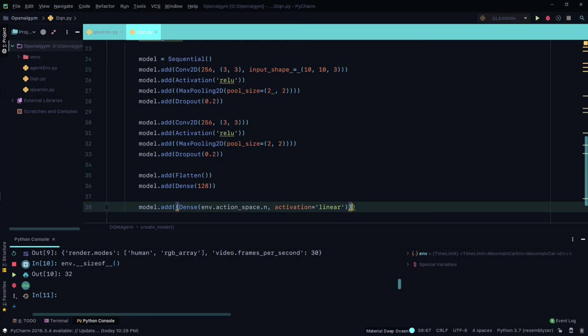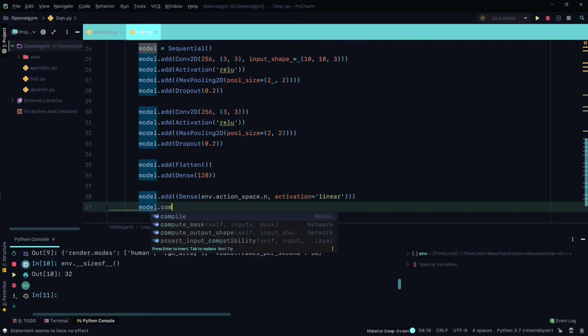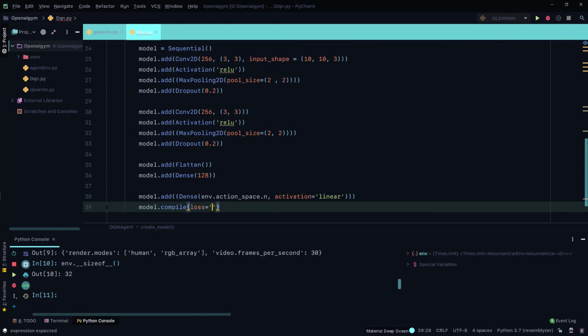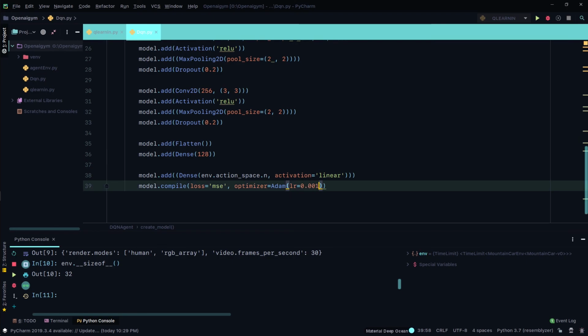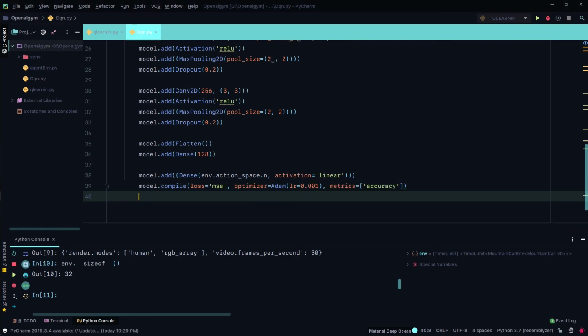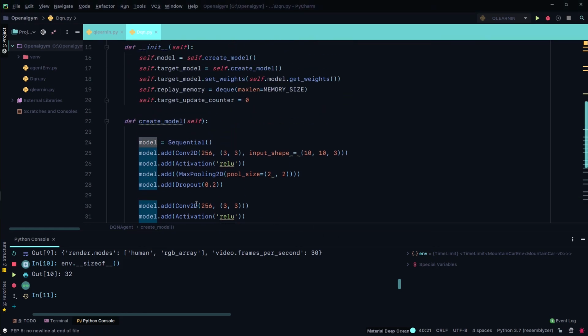Linear, great. Then we'll also do model.compile. We'll take loss as mean squared error. This is a bunch of default values. Go ahead and throw in Adam and then set the learning rate equal to 0.001, and then metrics, we will count accuracy. Great, and then we'll return the model. Return model. Great. So now that we have created the model,